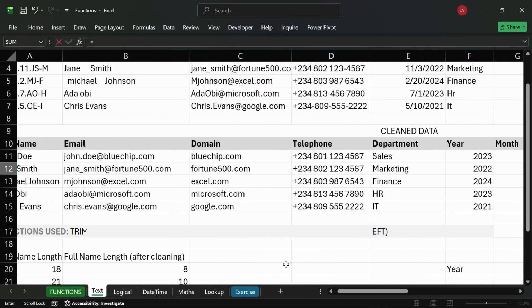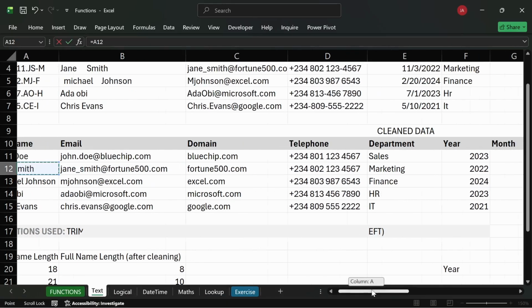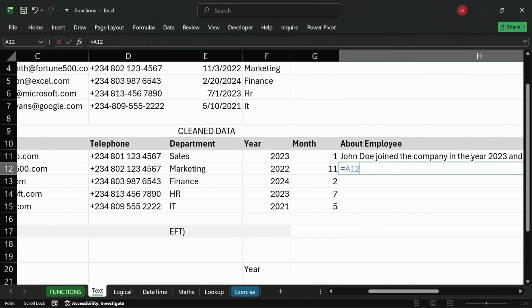So we'll say James Smith. I'll just click the person. Now the difference is that I join all the words using an and sign. First of all, I don't type any function name like CONCAT. Second, instead of using commas, I will use the and sign, which is the Ampersand. So I'm saying James Smith, combine that with